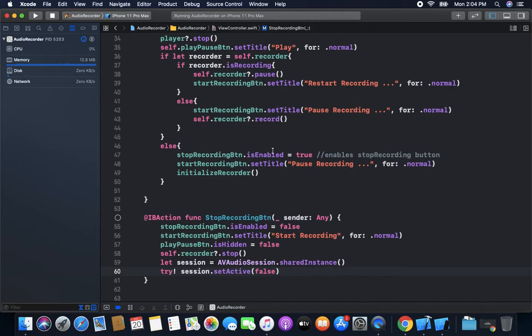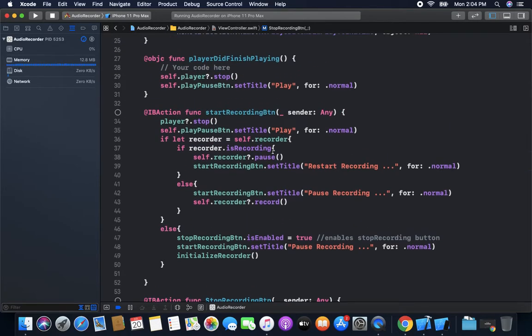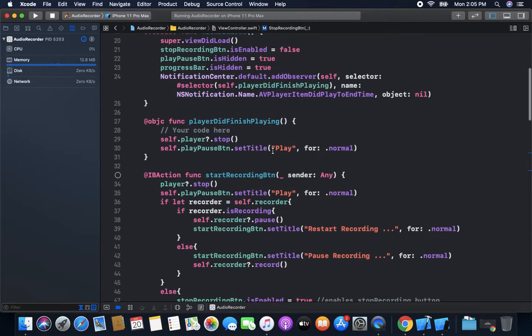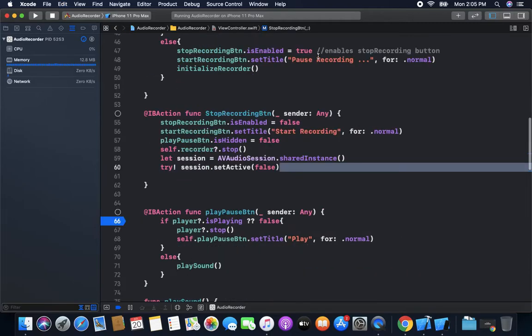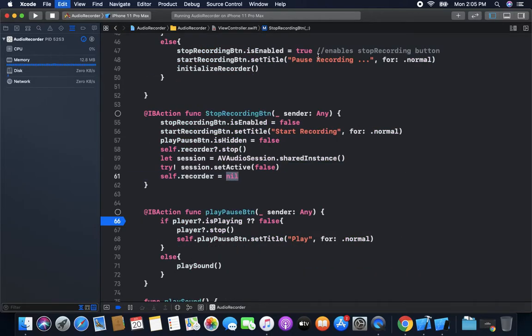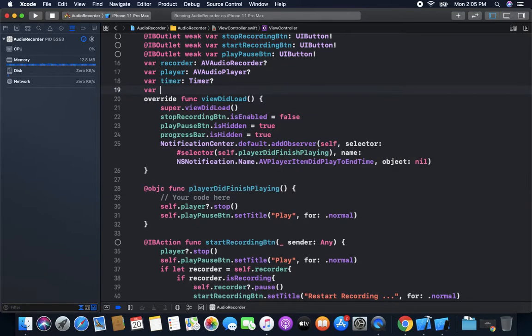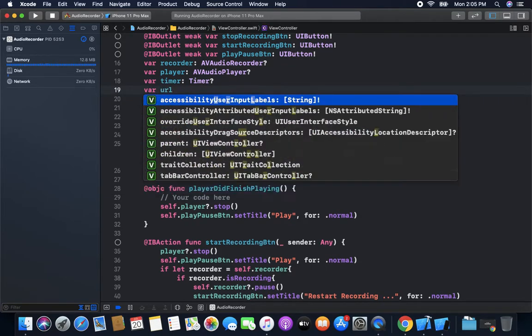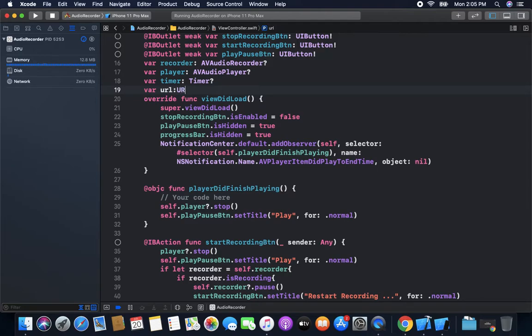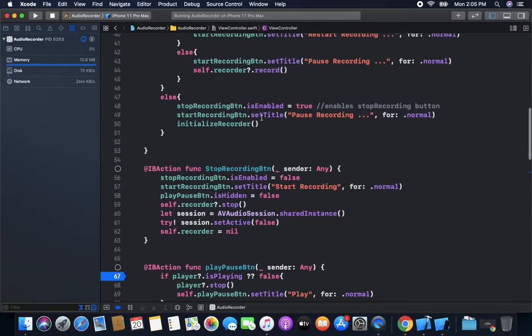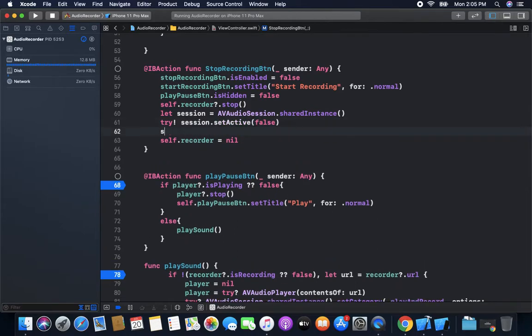So we can do two things here. We can take the URL before making it nil. So we save the URL before making it nil.